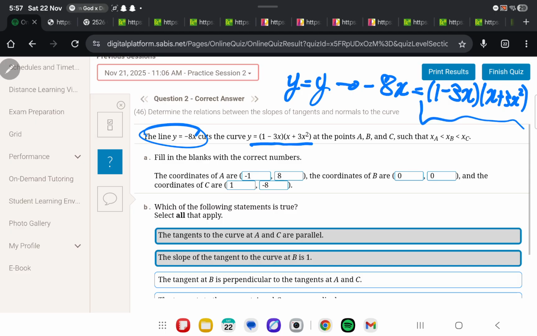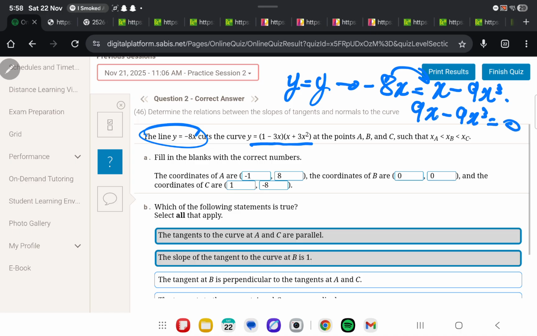However, we can't really work with this and then remove this to the other side. So what we're going to do is we're going to expand our brackets. Okay, you're going to distribute 1 into both terms in the other bracket, and negative 3x onto both terms in the other bracket. You will get x minus 9x cubed. Okay, so now you take negative 8x to the other side, and since negative 8x will be positive 8x when you take it to the other side, x plus 8x, 9x minus 9x cubed will